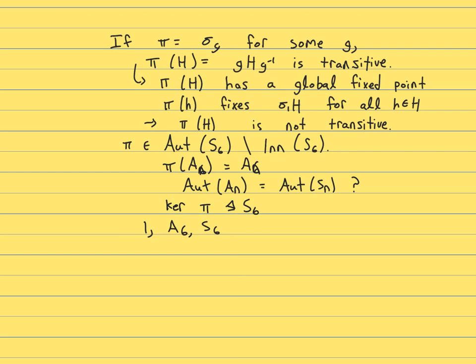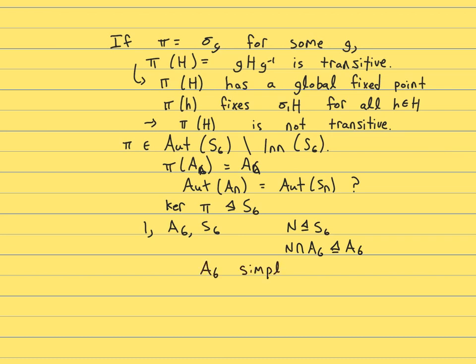And that's not too hard to prove, because if you had a normal subgroup N in S6, by one of the isomorphism theorems, intersecting it with A6 would have to give you a normal subgroup in A6. But A6 is simple,